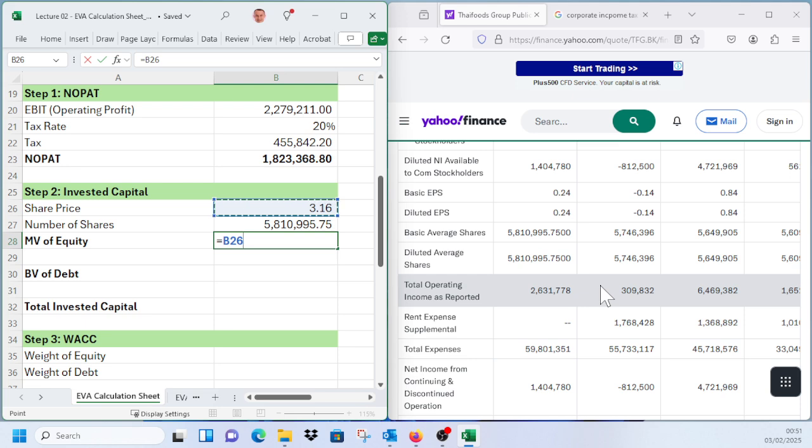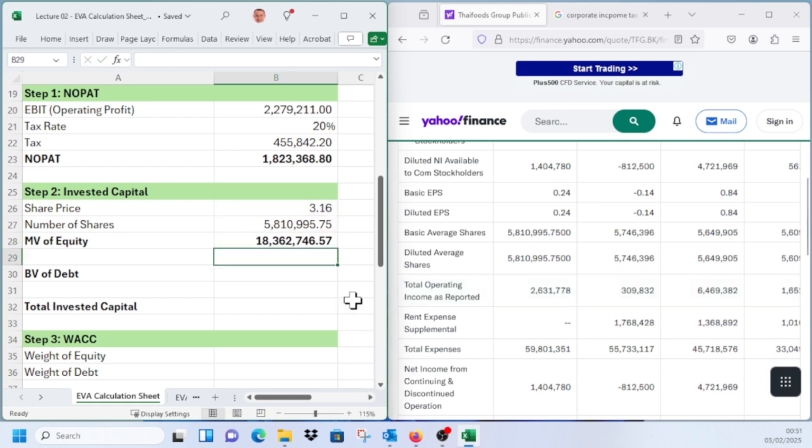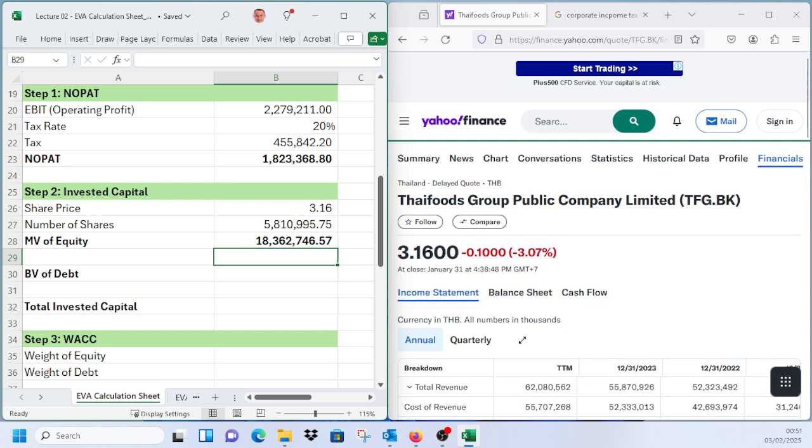which is the share price, multiplied with the number of outstanding shares, and we get to a number of 18 billion Thai baht roughly. Now the book value of debt we can also obtain from Yahoo Finance, and for this